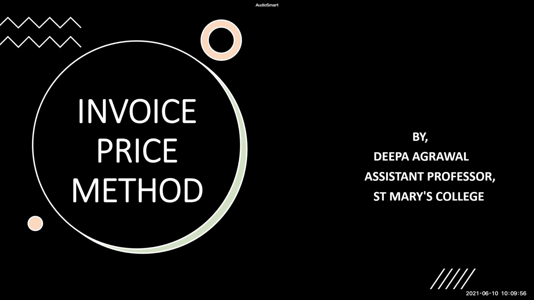And always remember, whenever we are saying invoice price here, invoice price means the selling price. So the consignor will not tell the cost price of the products to the consignee. He wants to hide it because he doesn't want the consignee to calculate his profit. So he will send the goods to the consignee at invoice price, which is the selling price, and then the consignee is expected to sell the goods either at the same price or maybe at an extra price by putting in some extra efforts.